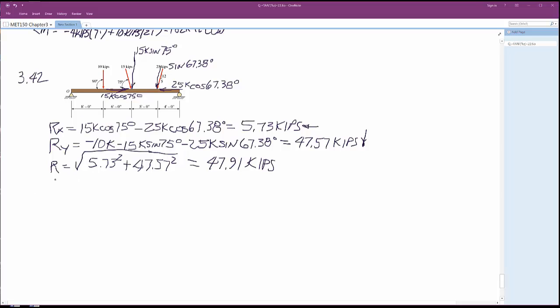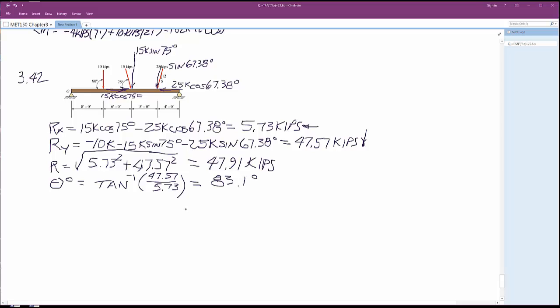Then we need to find the angle for that. So theta equals the arctangent, or inverse tangent, of y, which was 47.57, divided by x, which is 5.73. Do the math on that, and you end up with 83.1